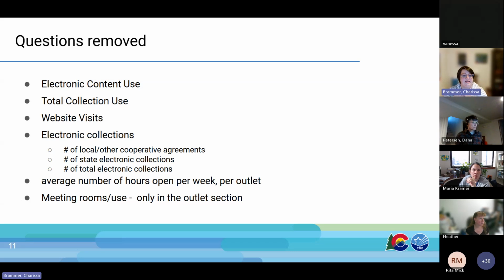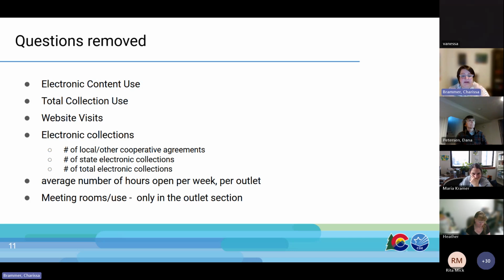We are getting rid of website visits. And then we are getting rid of the number of electronic collections. It's that same thing. It's just very odd. What counts as an electronic collection? Is EBSCO one big one or 100 little ones? All of that is just being eliminated in favor of those questions about where and what you're purchasing.